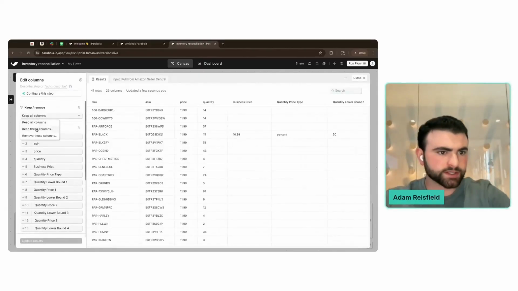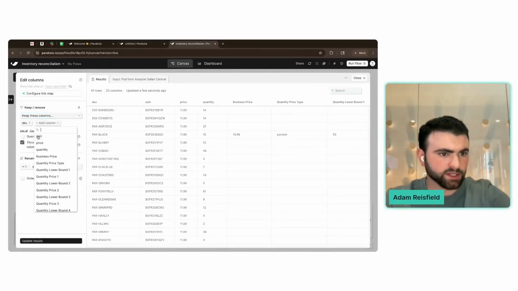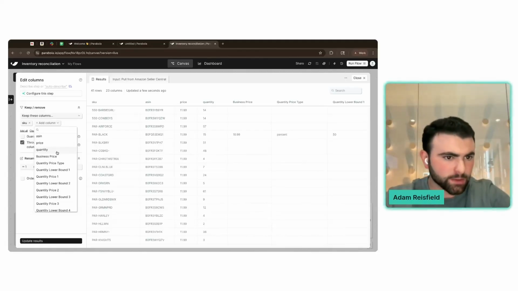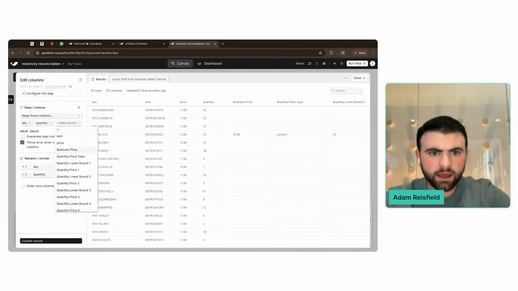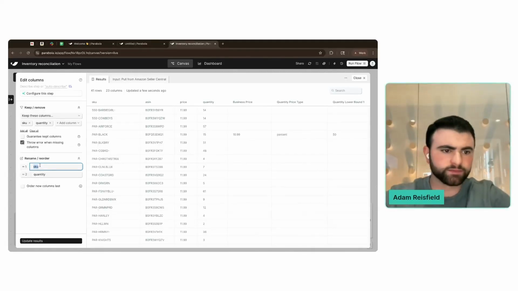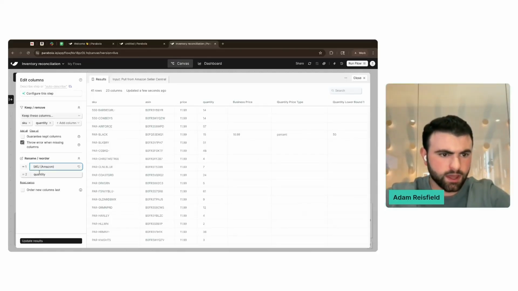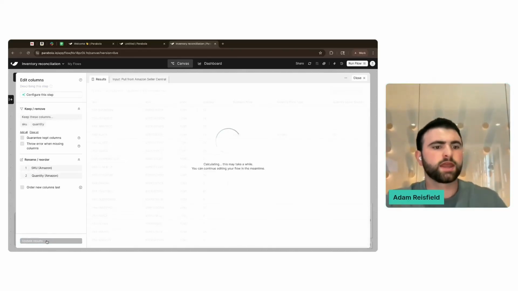Edit columns. I'm just going to say, hey, let's go ahead and keep these columns. I want SKU. That's going to be our unique identifier that we join on. I'm going to keep quantity, and that's all I need. So let's just call this SKU Amazon, and then let's call this quantity Amazon. All right. Next up,